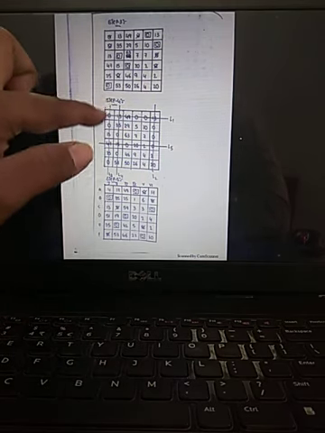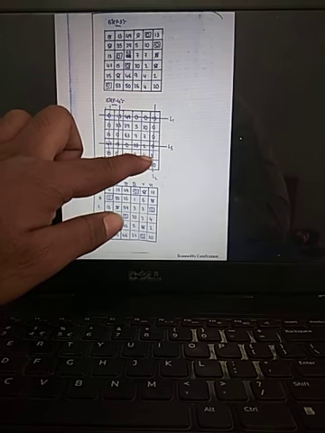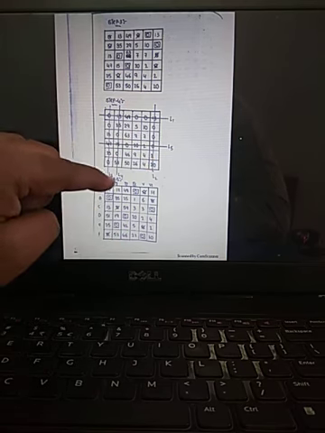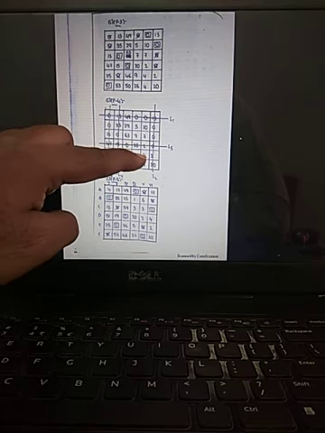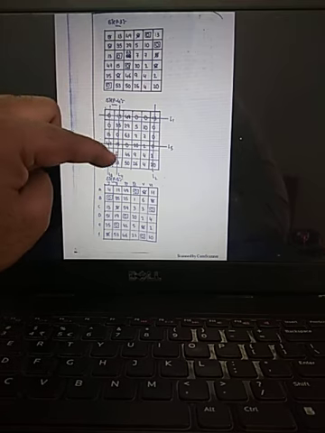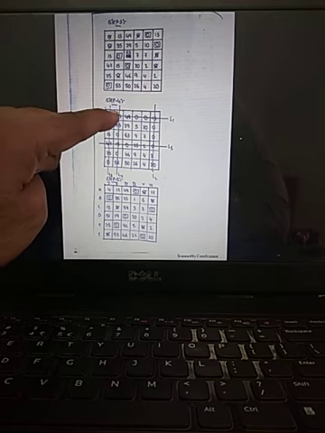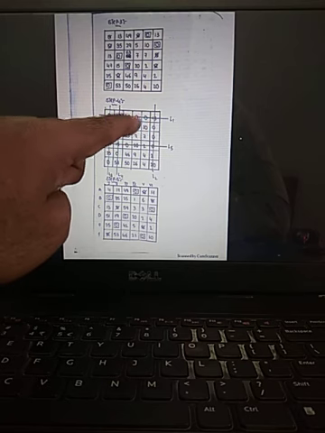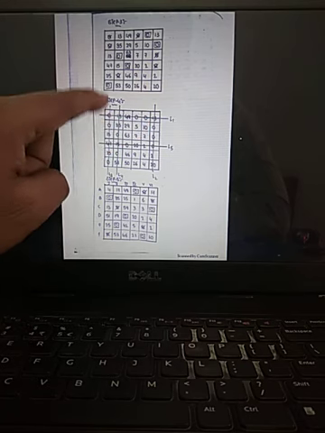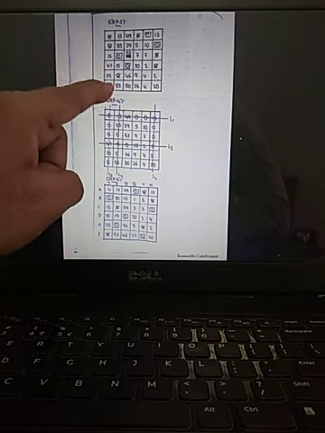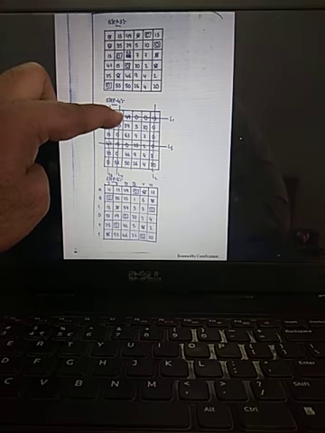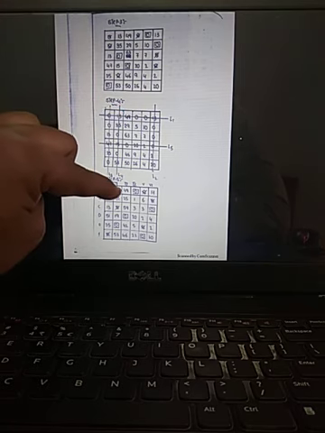From the uncovered elements, choose the minimum element. So here 4 is uncovered, 5 is uncovered. So overall, what is the minimum uncovered element? Minimum is 4. That 4 is added at the intersection of the lines and subtracted from the other uncovered elements. So this 0 is at the intersection of the lines. A horizontal line is there, a vertical line is there. Hence add 4. 13 is an intersection value. So 13 plus 4, what do you get? 17.